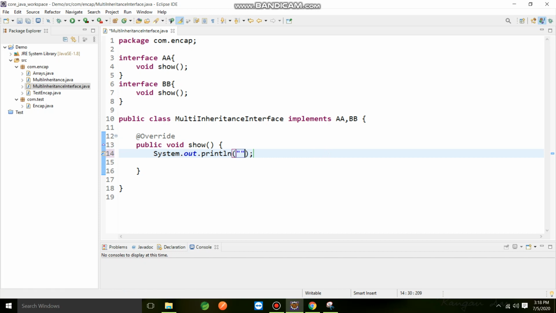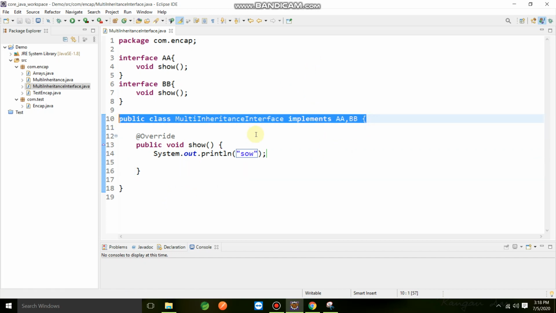If I write show here, this way you can do it. Here you can see we are implementing multiple interfaces, that is, multiple inheritance.